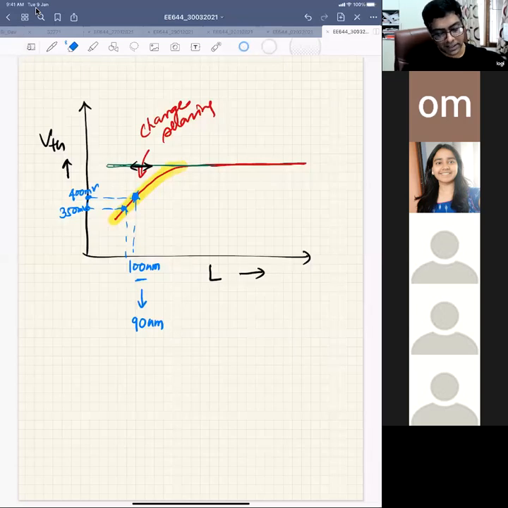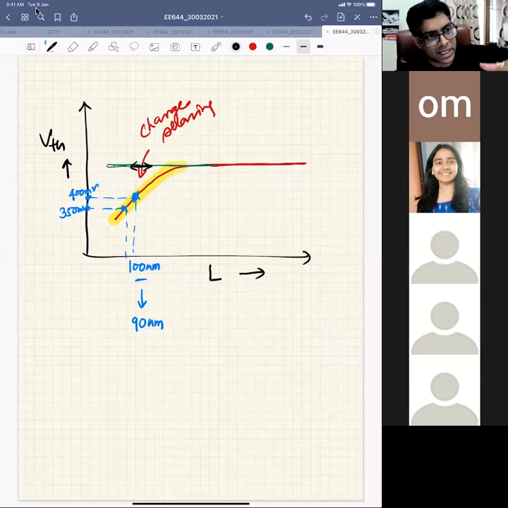charge sharing part, your transistor will be in the slope part, and any change in gate length will also change the threshold voltage. Any change in threshold voltage will change the off current and on current of a transistor, and you will do a lot of bad things. That's the reason